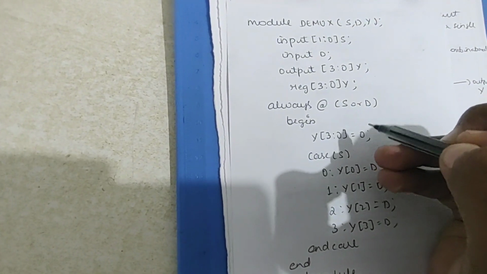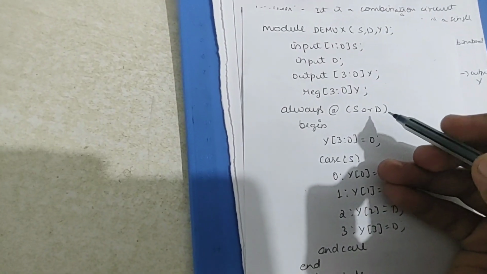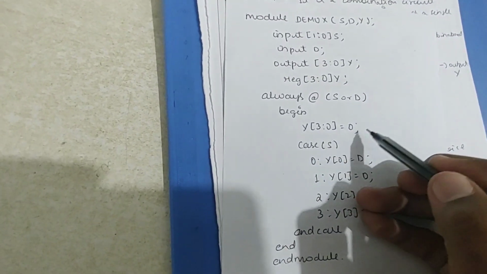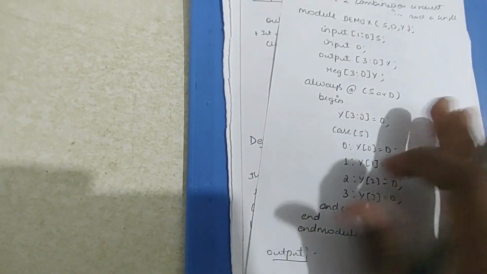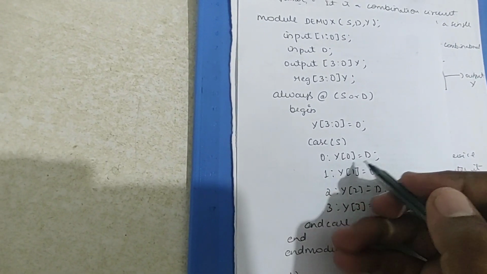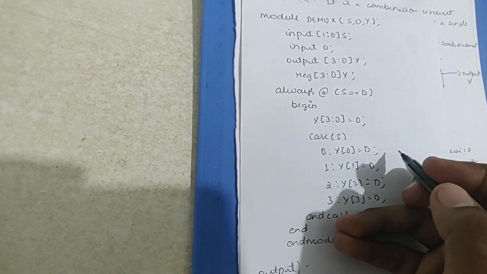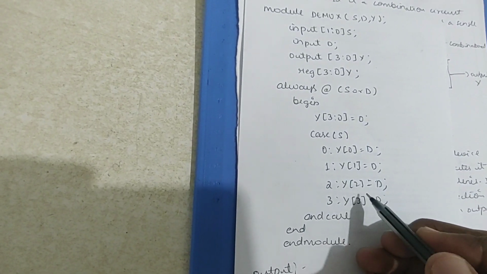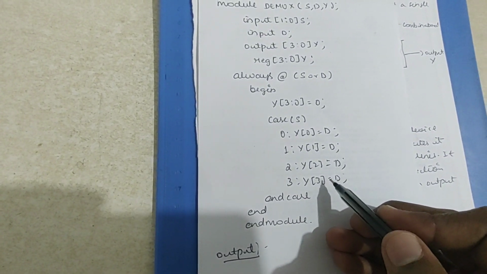Y = 0, and in case it uses a switch statement based on the values of S. If the value of S is equal to 0, then Y[0] equals D, and if the value of S equals 1, then Y[1] equals the value of D. If the value of S is 2, then Y[2] will be equal to D, and if the value of S equals 3, then Y[3] will be